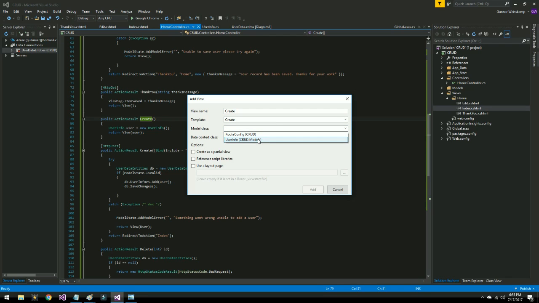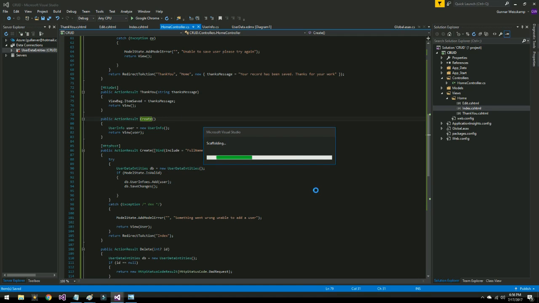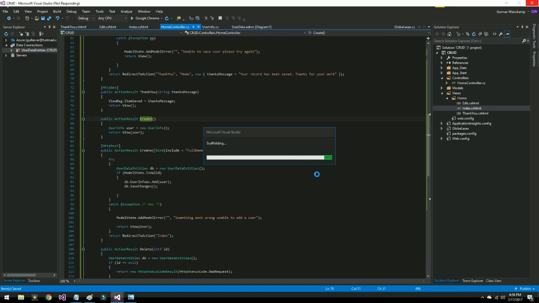We want to make sure this is a model class, so we have to use our user models against that, and our data context class is aligned to our user data entity. These aren't ticked as in before. We click add, and by the magic of MVC we will have all our code again, more or less the same as